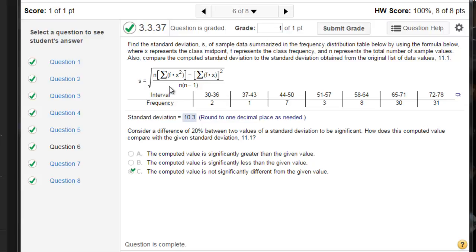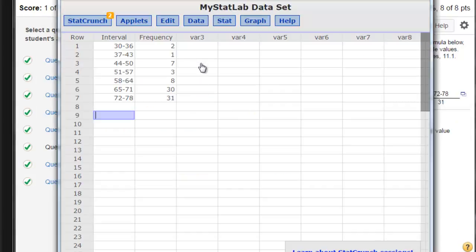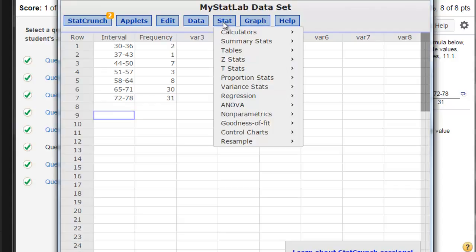We have a formula here for calculating the standard deviation for a grouped data set, but it really isn't necessary for us to use that formula since we have StatCrunch available to us. So we'll begin by clicking on the box and then open in StatCrunch. A StatCrunch table will open, and in order to find the standard deviation, we'll click Stat, Summary Stats, and then